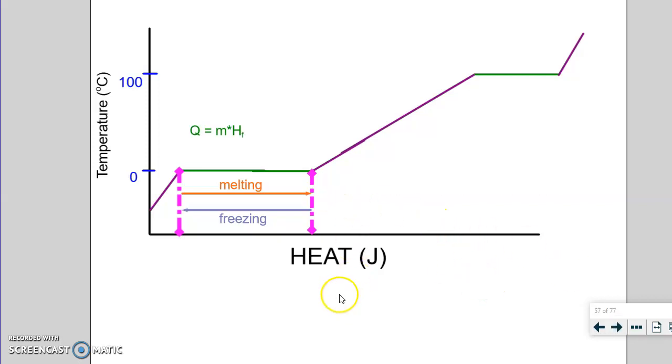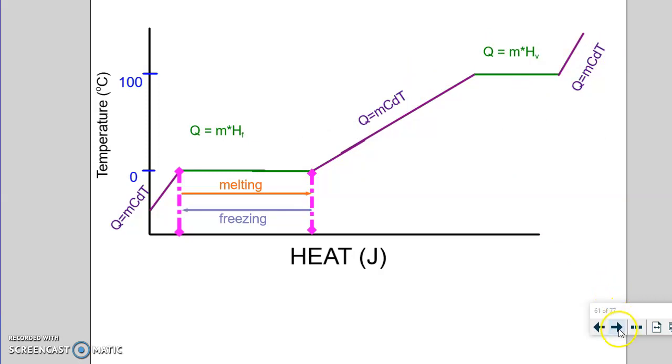So there's our formula for this interaction, Q equals M times H sub F. And up here, it would be heat equals M times H sub V. So we just look those numbers up, multiply it by the kilograms of water, and we'd be done. So we can actually calculate the heat at that first little slope, Q equals MC delta T. Here it's also Q equals MC delta T, different C's though. And up here at the top, Q equals MC delta T. Here we're heating ice, here we're heating water, here we're heating steam, here we're melting the water, here we're heating